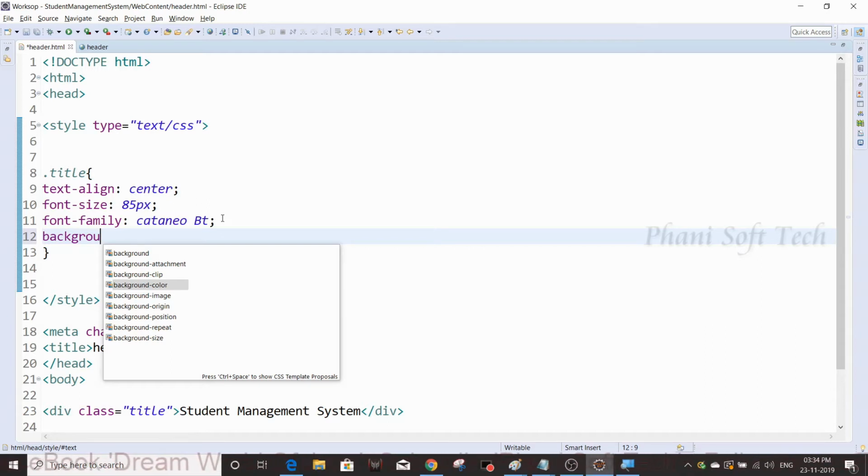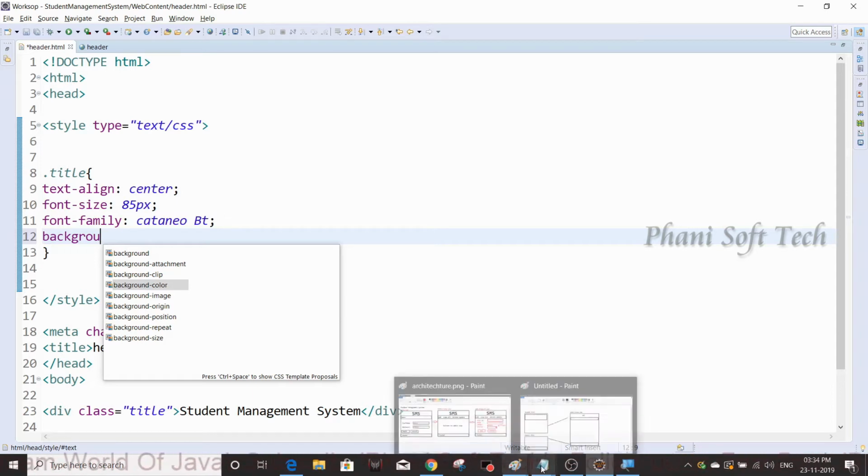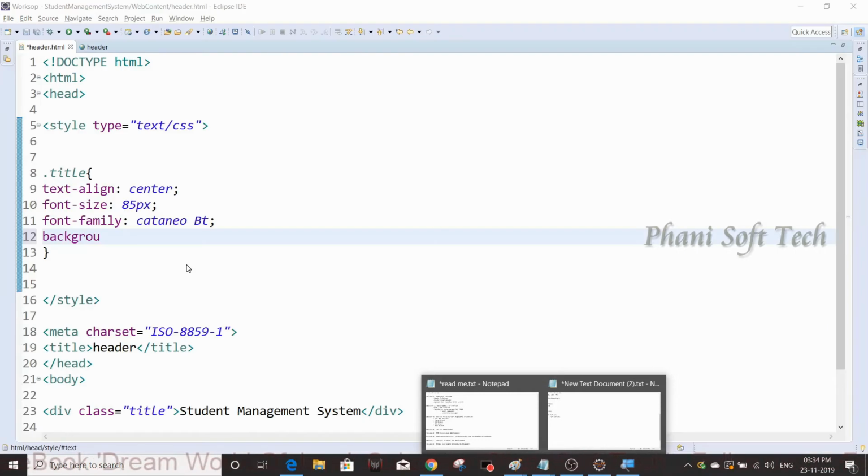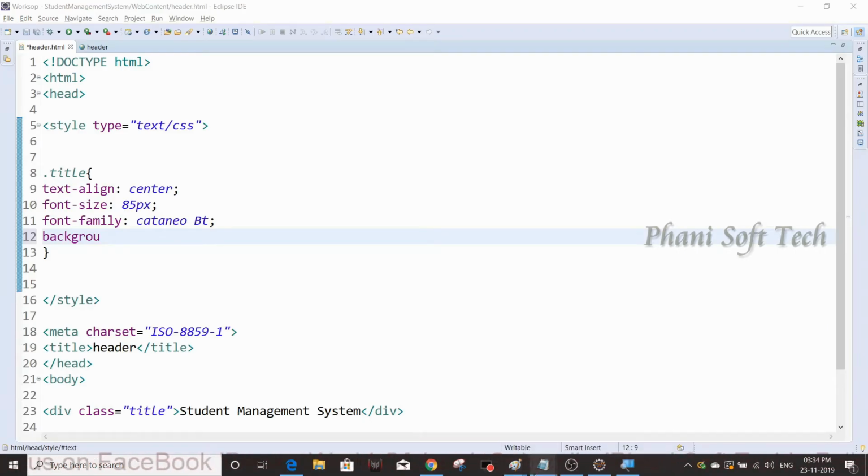Same class name has to be provided after dot. No, after that we need to give IDs. Okay, for example, see here, I have one div element.